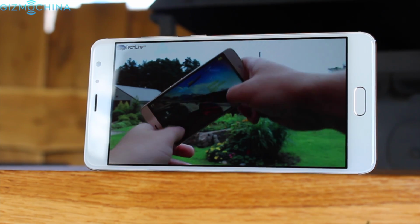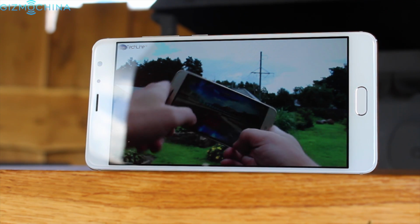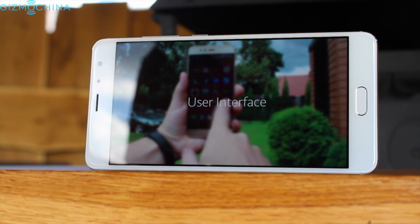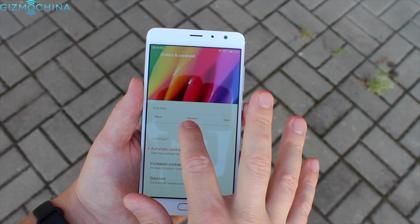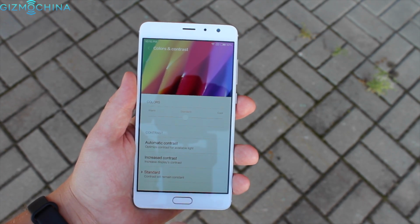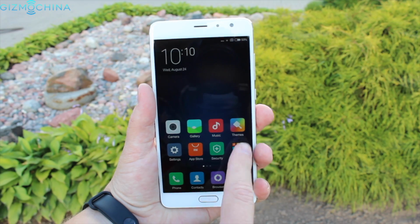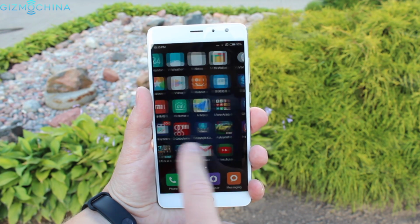The Redmi Pro sports a 5.5 inches 1080p display. In fact, this is the first Redmi phone to have the AMOLED panel, which is sharp and vibrant. However, the colors may look a bit oversaturated, but I'm okay with that. The sunlight legibility is not the best I've seen, but it is pretty good and I don't have many complaints